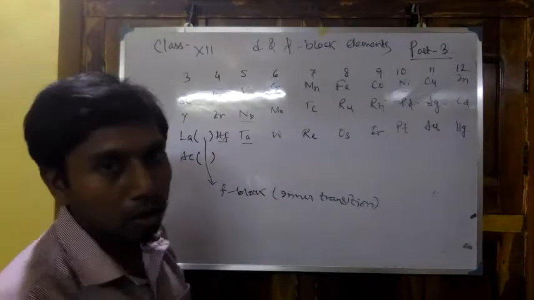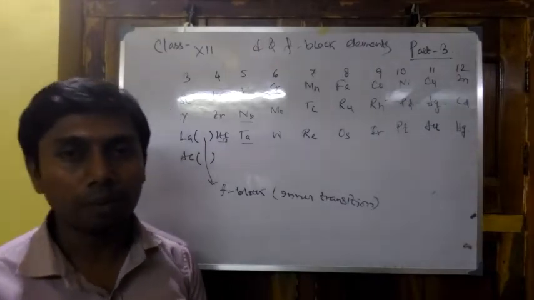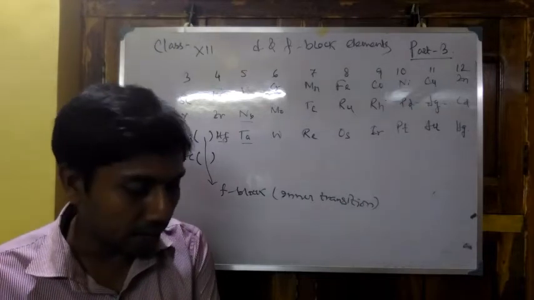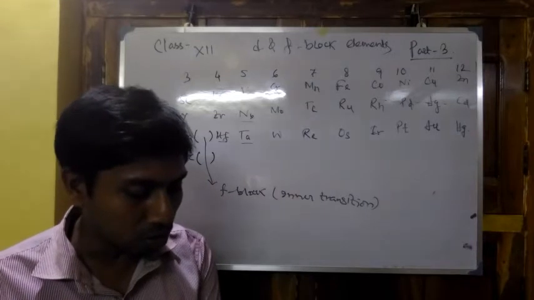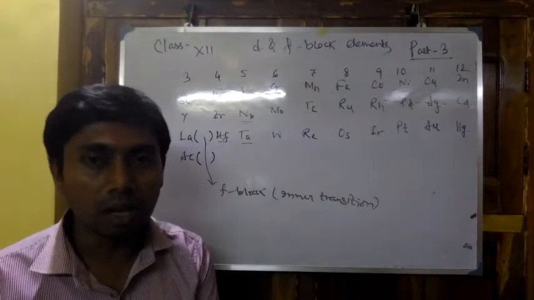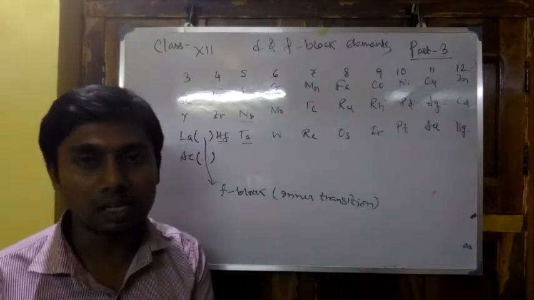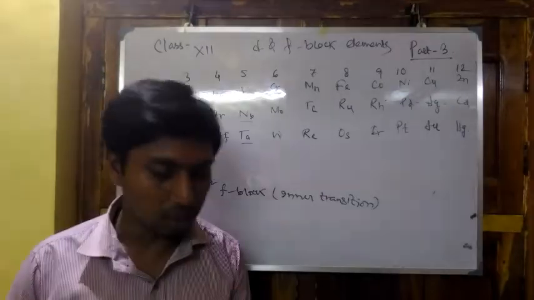Now, first of all, the scandium group or group 3. From the group number, the general oxidation state is +3, and it is observed by scandium very well, and yttrium also. But scandium and yttrium react vigorously with water and produce hydrogen gas, just like the alkali and alkaline earth metals.